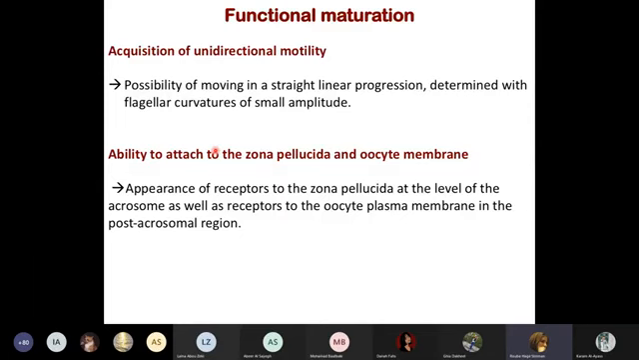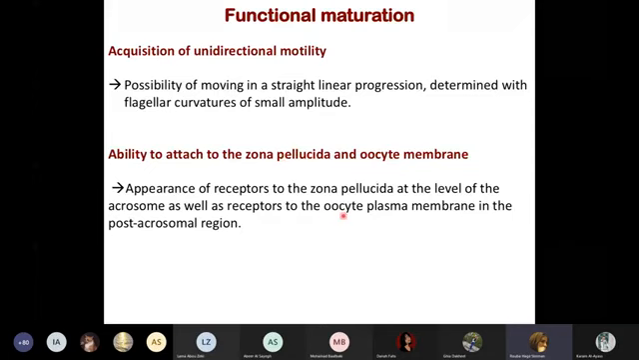a straight linear progression. Also, there will be appearance of receptors to the zona pellucida at the level of the acrosome, as well as receptors of the oocyte plasma membrane in the post-acrosomal region. This part will be talked about in detail in chapter 6. I will talk a little bit about it now. So the zona pellucida, which is